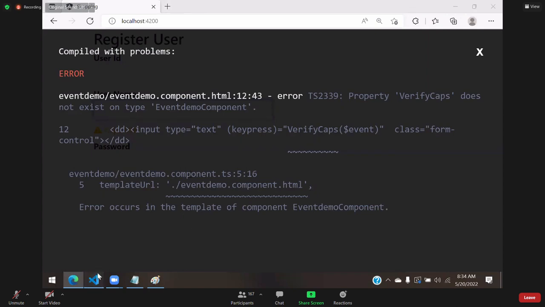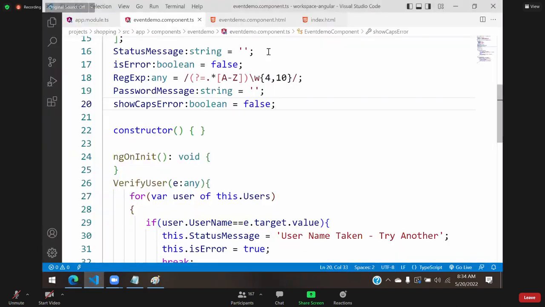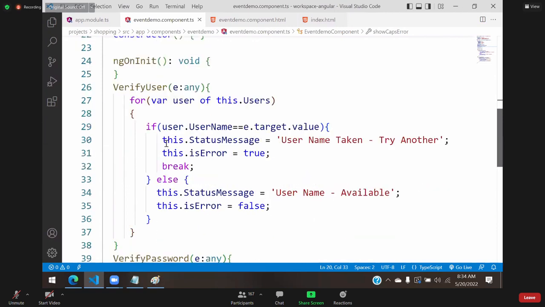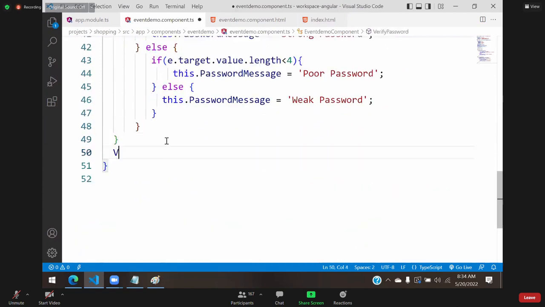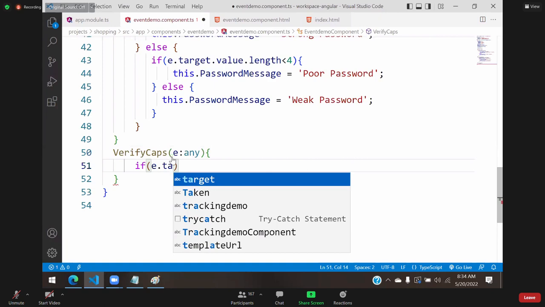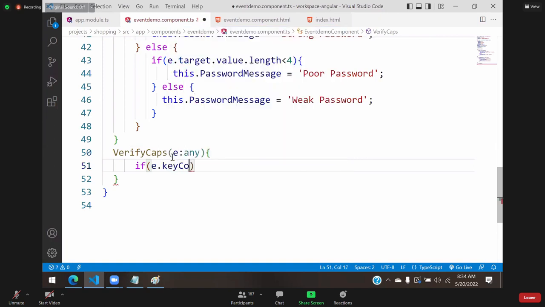Verify caps we have to write. Okay. Let's go here and write verifyCaps. Into that we are expecting an event argument. What is the type? Any. And here I have to verify whether they typed a capital letter or not. For that we have to write a condition. If e dot key code